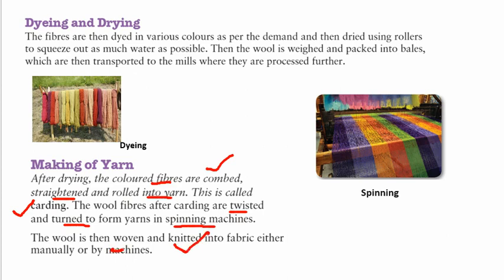Okay, the wool is woven or knitted. Knitted means to knit. So the wool is woven or knitted into fabric. Okay, the fabric, and our chapter name is also fiber to fabric. That is from